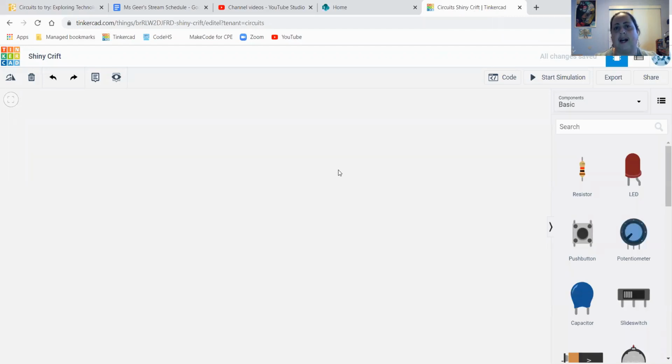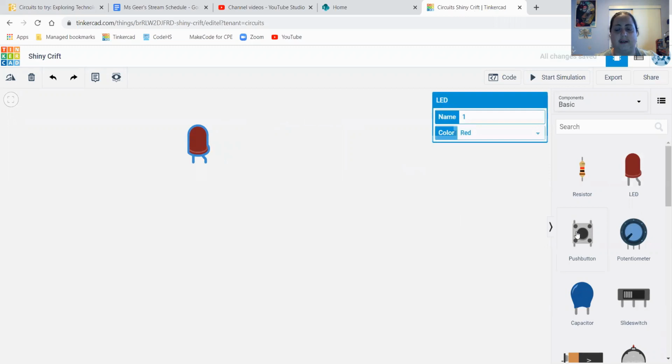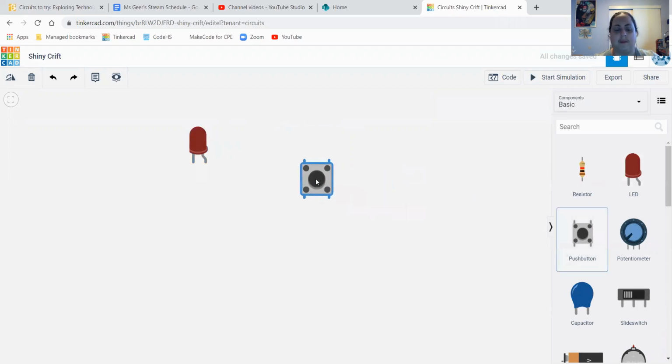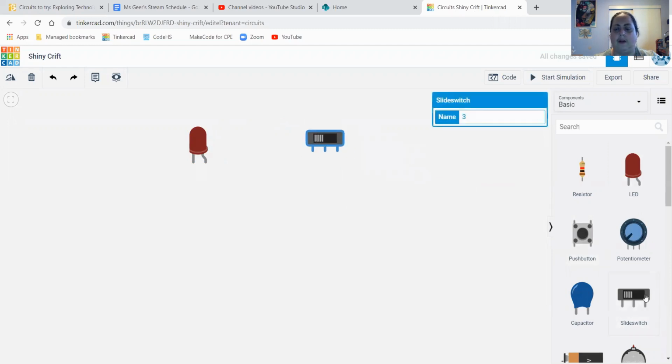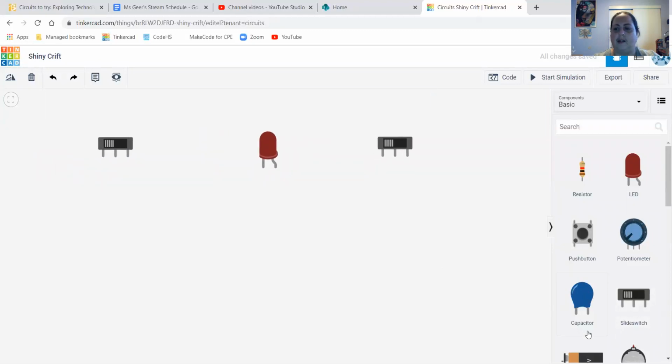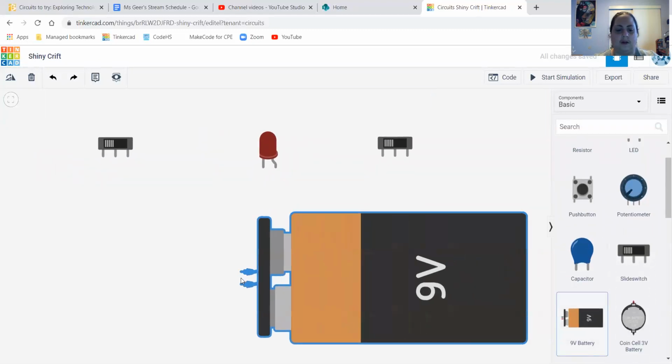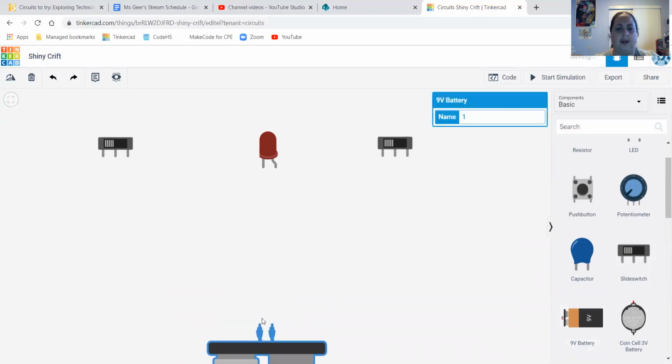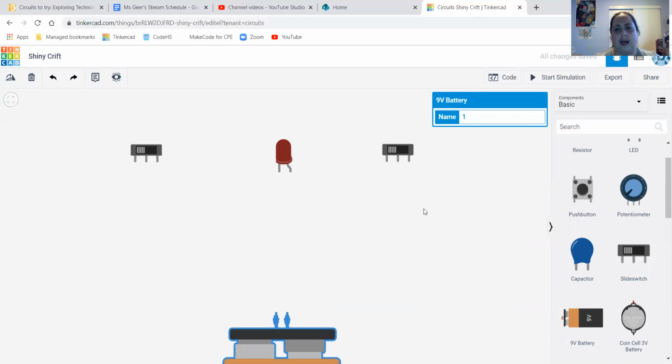Okay, so if we take that idea of series and parallel and want to apply it in a new and different way, we could look at maybe just one light, but multiple switches. So in this case, I'm going to use switches. Okay, and I still need a power supply. I'm going to put that one down here. So let's think first about a